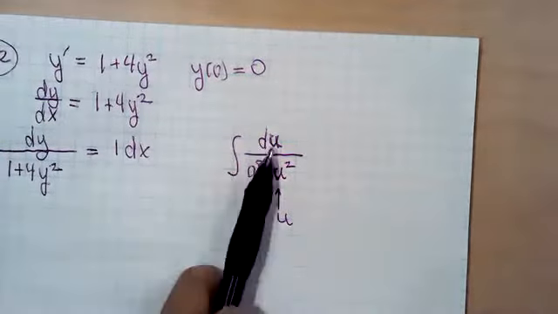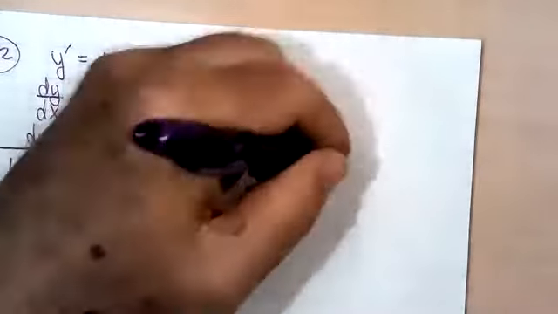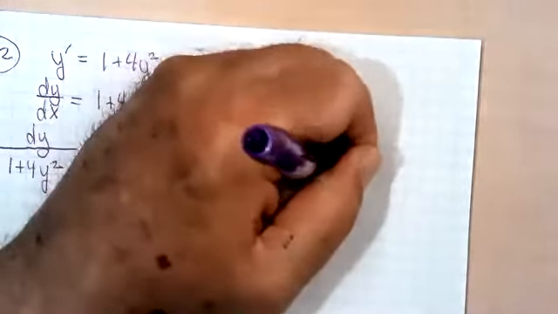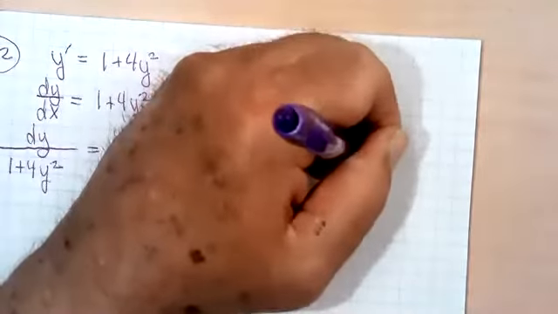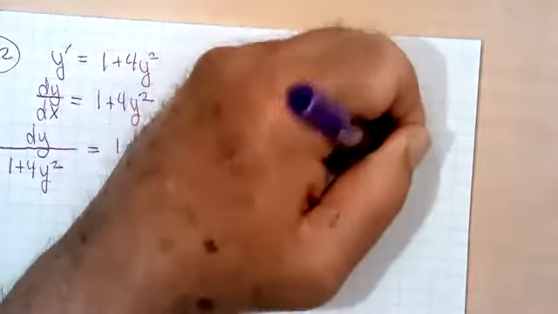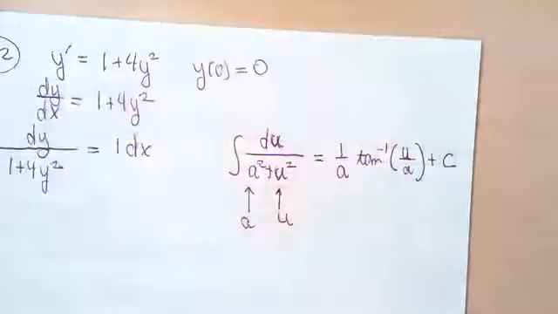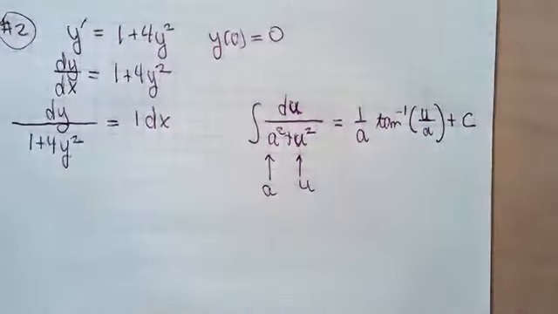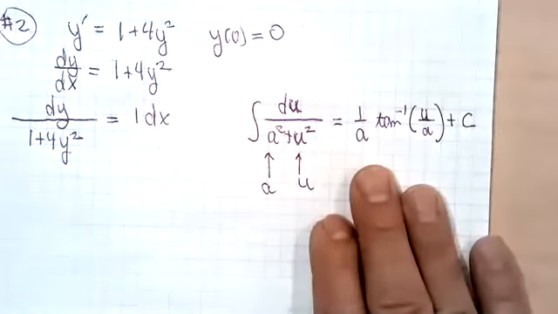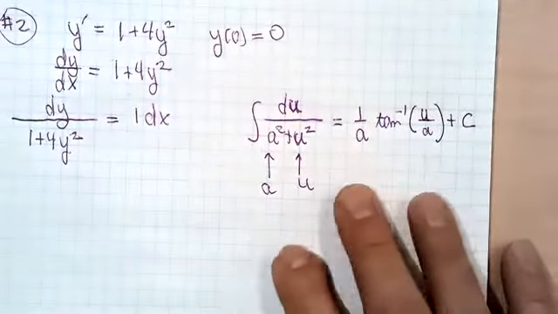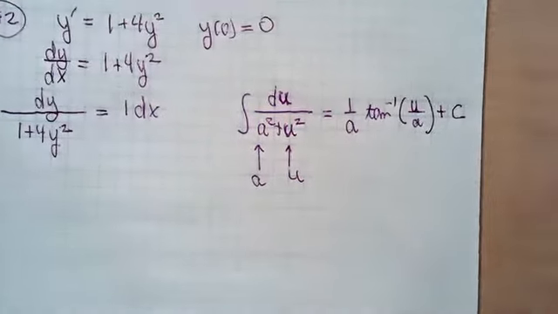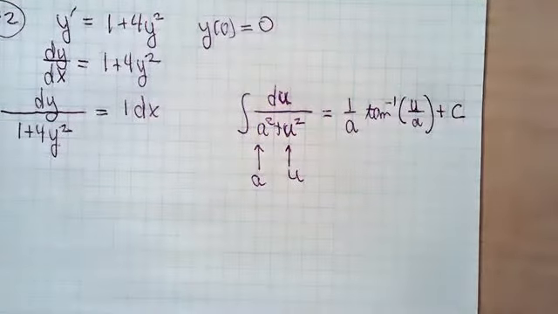So du over a squared plus u squared is equal to 1 over a arctangent u over a plus an arbitrary constant. So if it's been a while since you used that one and it seems unfamiliar, it comes up a lot in this class. So you'd want to